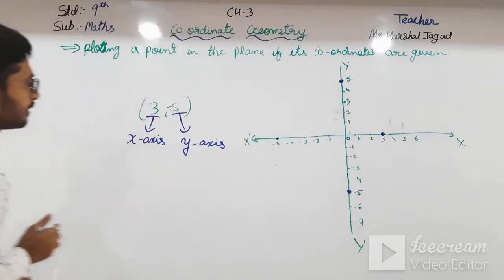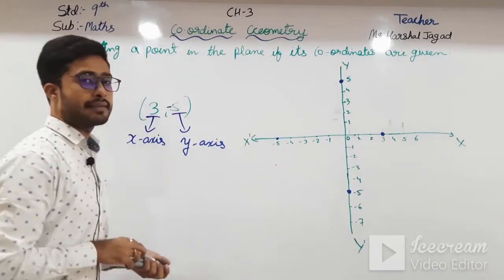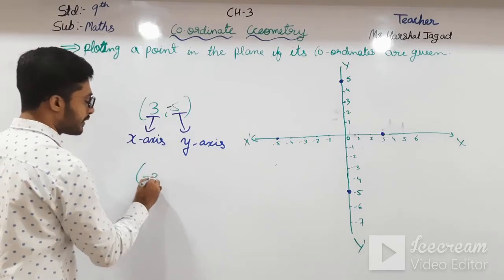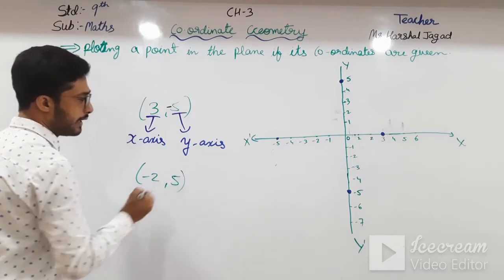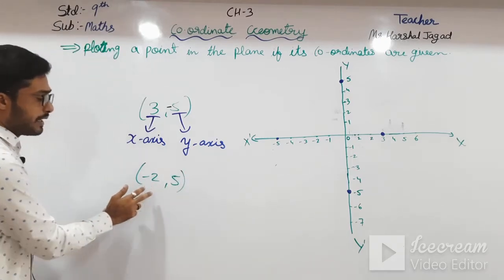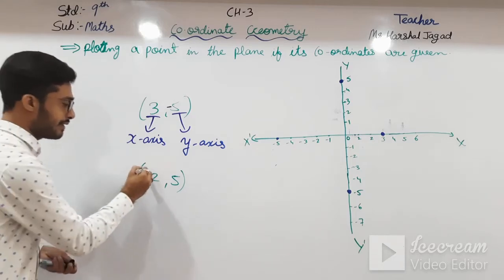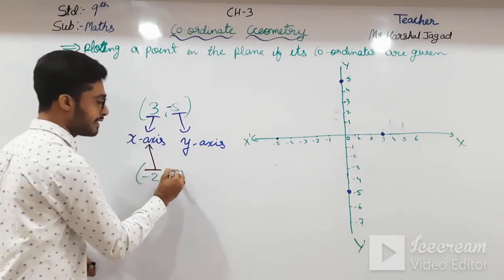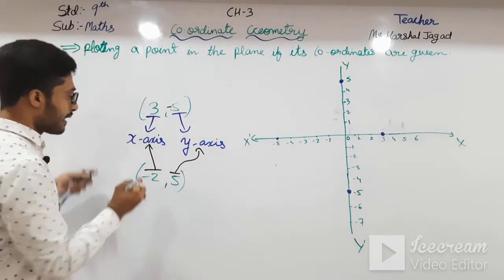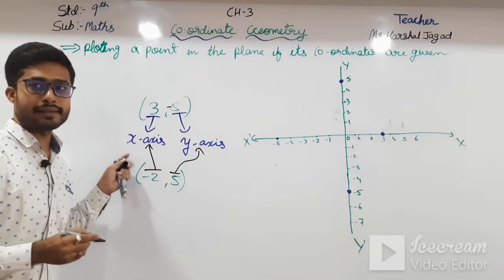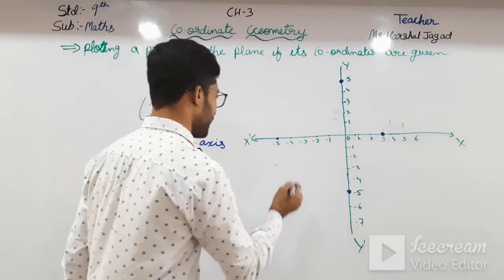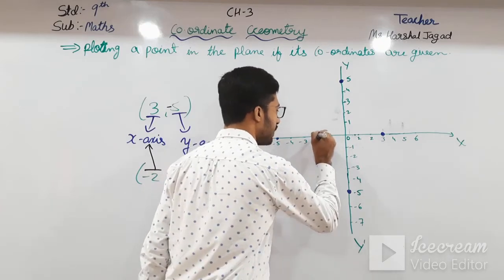Okay students, let us take some of the other examples. If I take minus 2, 5, minus 2, 5. So minus 2, this will be in which axis? This is the x-axis, this is the y-axis. If it is minus 2 on the x-axis, we have to go to the negative x-axis, because it is minus 2. So minus 2 is over here, and